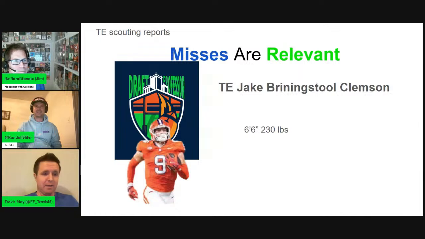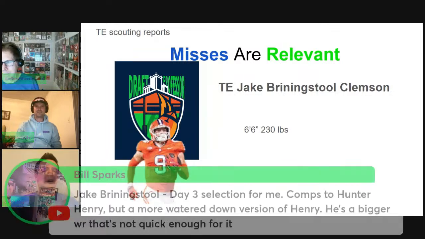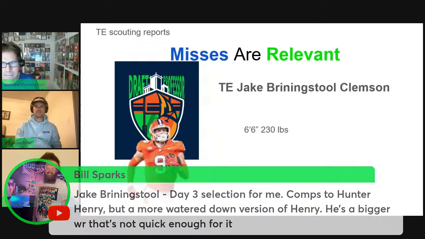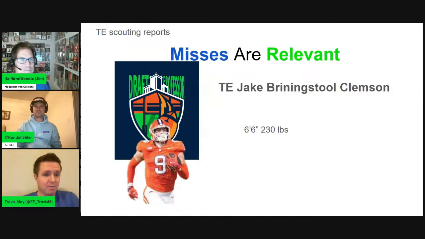He was always going to be a dynamic weapon once he figured it out, but he really bulked up, added some weight. Depending on the listing that you see, he's 230, 240, 243. I think he's probably going to bulk a little bit with water weight just for weigh-ins, 235 at the combine, and then try to shed that in time for the sprint for the 40s. A lot of people do that, but I want to see him continue to develop and add strength to his game. He got better at that in terms of being a more complete player.